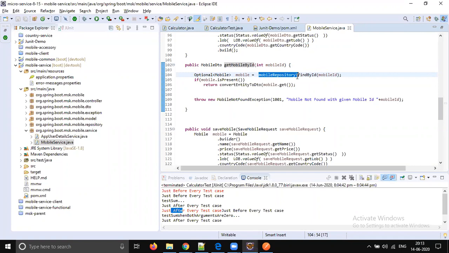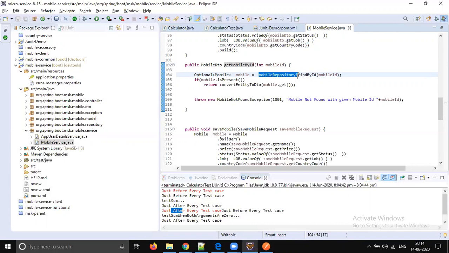For example, in this method, you are passing some integer and you mock the mobile repository. I will let you know how to do that in the next couple of minutes. For example, if database is giving a mobile ID, what is the expected output? That is what you have to test. If database is giving null, what is the expected output? If database is giving some invalid data, what is the expected output? So that is what unit testing is meant for, right? How are we going to test this get mobile by ID? For example, we have dependency with the database.